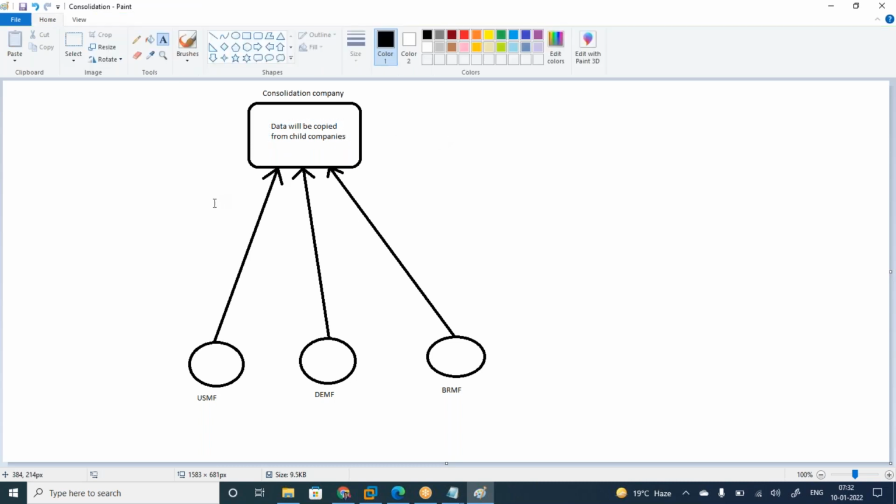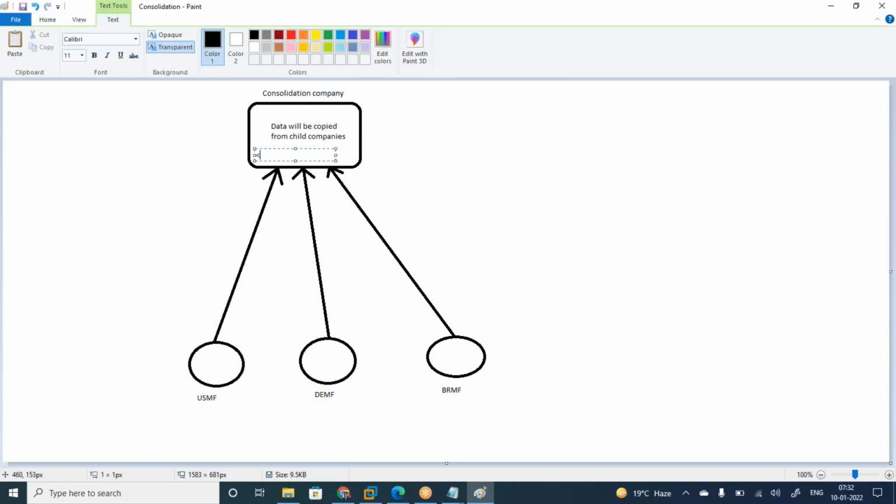Only main accounts, financial dimensions, and the main account category.